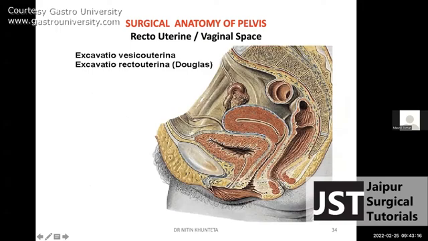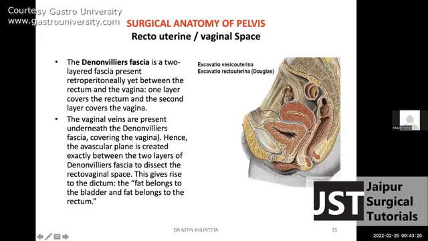In this photograph, as I showed you clearly, this blue line is the peritoneum forming the pouch of Douglas here. And this is the Denonvilliers fascia. We'll discuss further. The Denonvilliers fascia runs between the potential areolar tissue, which is between the posterior vaginal wall and the rectum, and clearly goes up to the pelvic floor. The vaginal veins are present underneath the Denonvilliers fascia, hence the avascular plane is created exactly between the two layers. If we go anteriorly, there will be a lot of bleeding, so this plane has to be